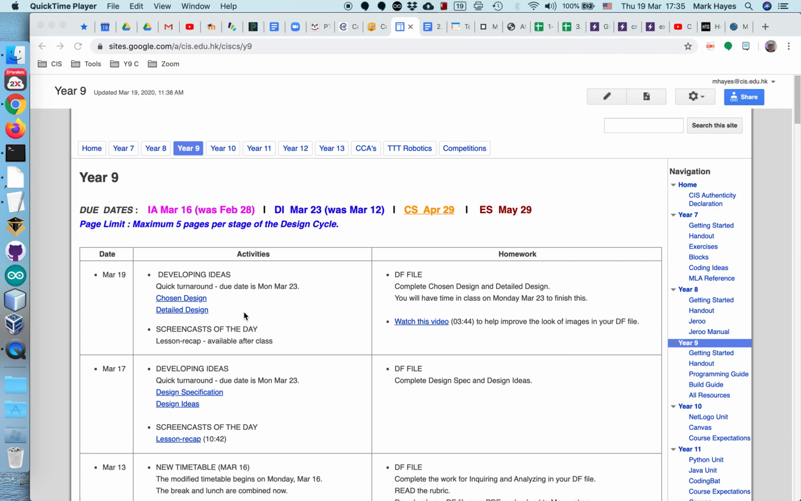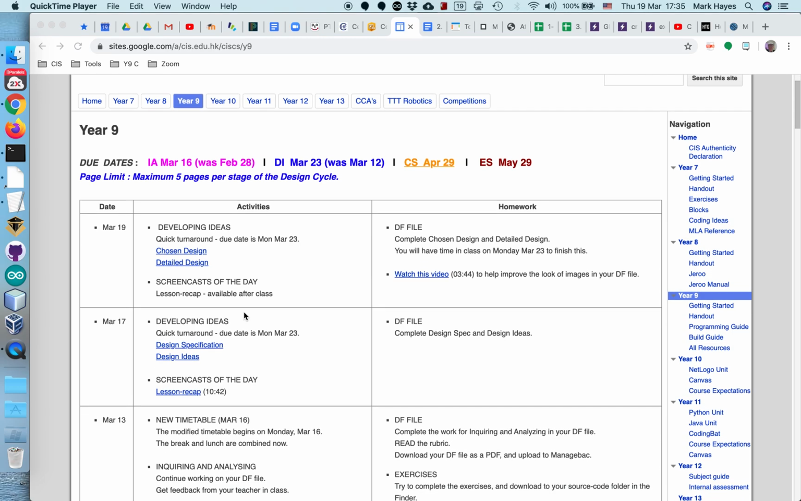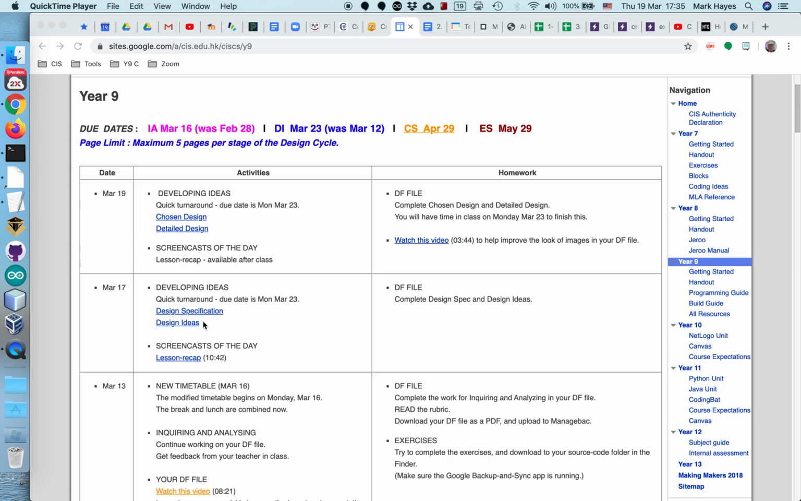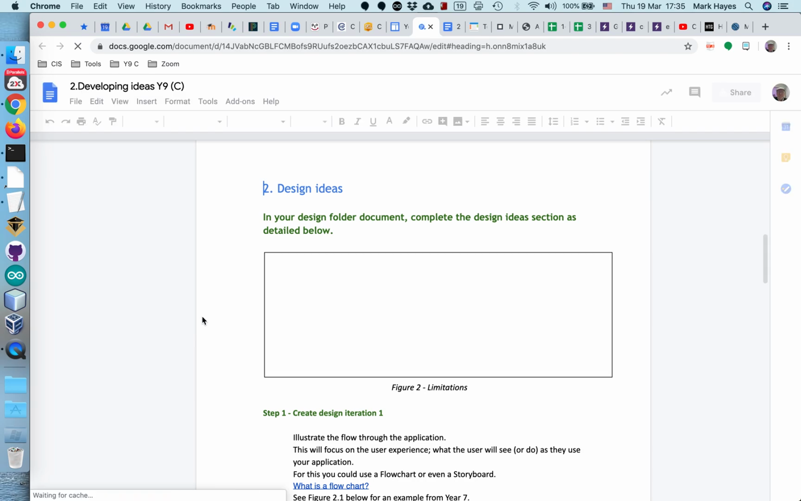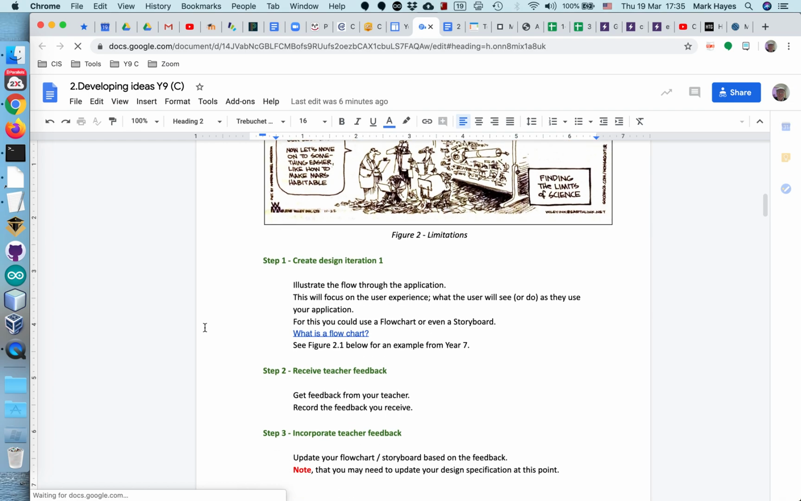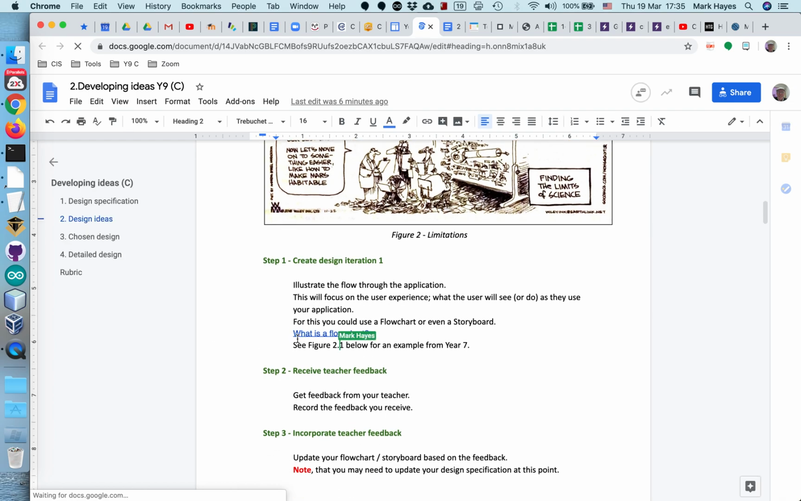And today we talked about chosen design and detailed design. I'm just going to revisit design ideas because it has a better example of a flowchart. So let's just take a look at that first. Back here in design ideas, you were asked to create a flowchart, and we originally gave you,